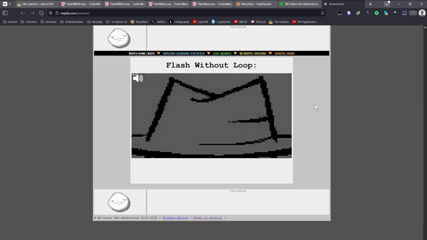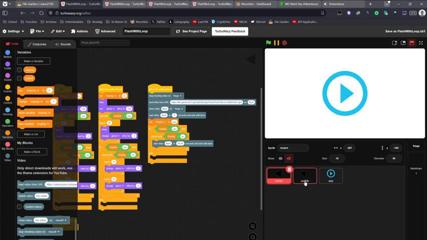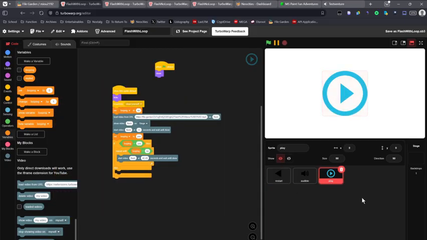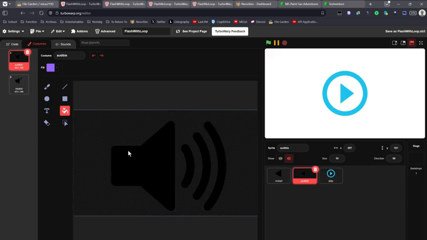So there's also one other thing, just for fun. If you find that you don't like the way that any of these look, which you probably will because they were basically just placeholders that I set up, you can replace them at any time by going into costumes and then uploading a costume. Then delete this costume and it will look different. You could also use the editor in TurboWarp if I want it to be purple. It's purple now, but I don't want it to be purple. So you can make it look however you want. You can replace it. Same with these things.